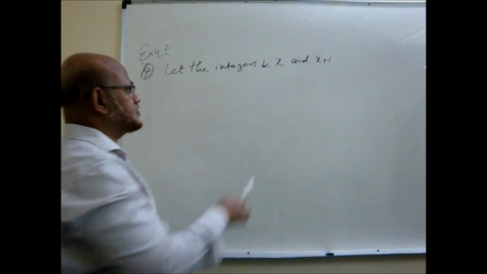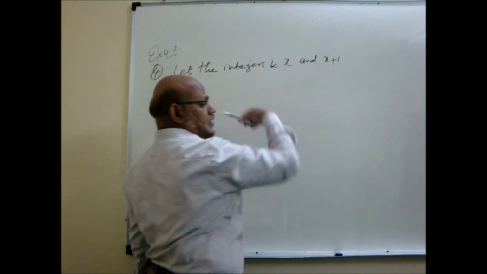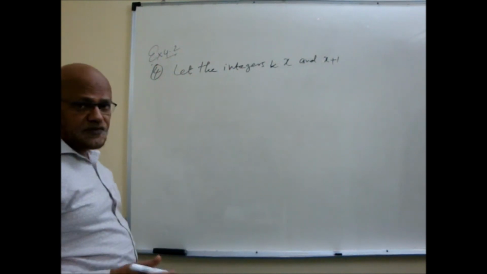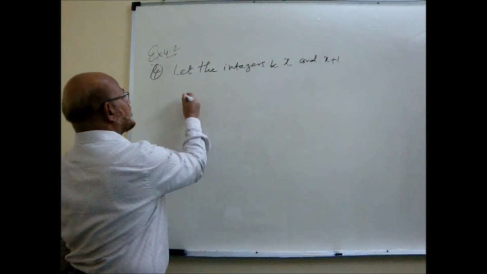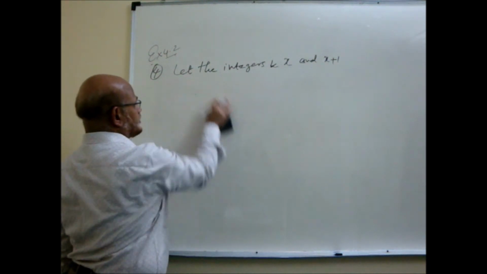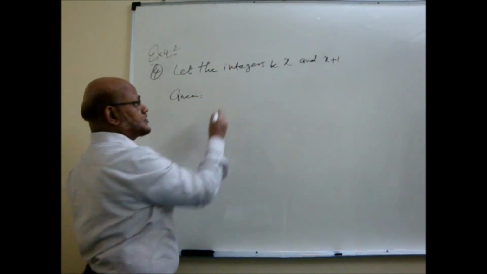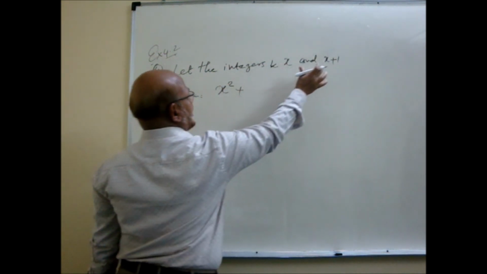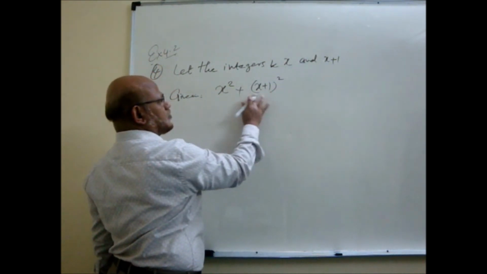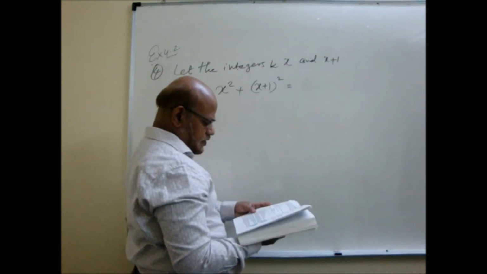Okay. So if x is, suppose, one integer 1, here x is 1, then if I take x minus 1, the other integer will become what? 0. So we want positive integers, so x and x plus 1 are consecutive. The sum of the squares of the given integers, that we have to write: square and add them. Sum of the squares, x square plus the square of the other, that is x plus 1 the whole square, given to be 365.